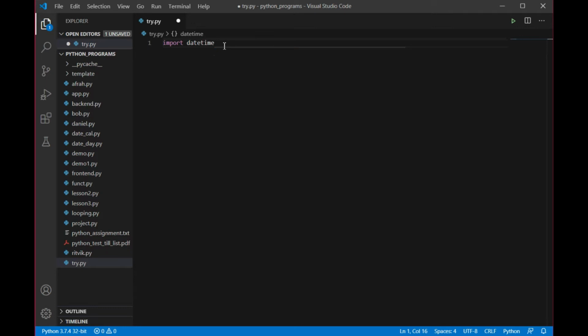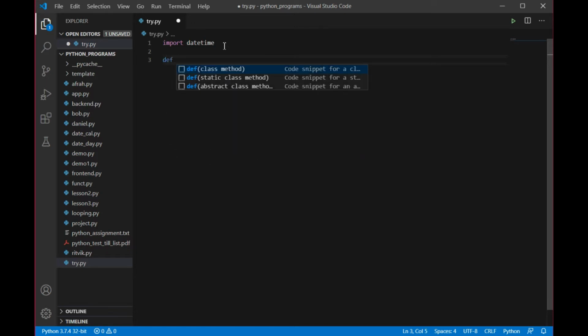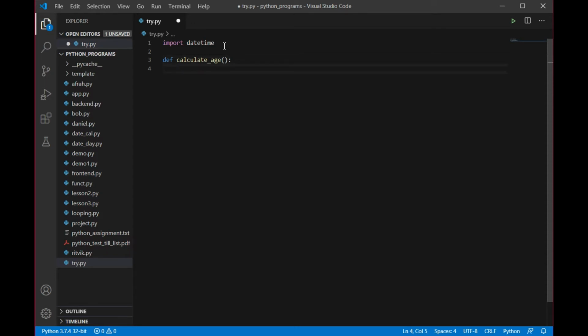Now, what I'm going to do in this program is calculate the age. So how are we going to do that? We need to have the date for that. First of all, I'm doing this task by defining a function. In Python, defining a function is very simple. You just need to write the keyword def. Def stands for define, and then you write the name of the function. Suppose I am taking the name of the function as age.